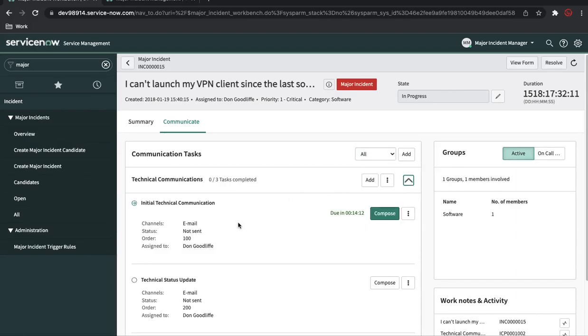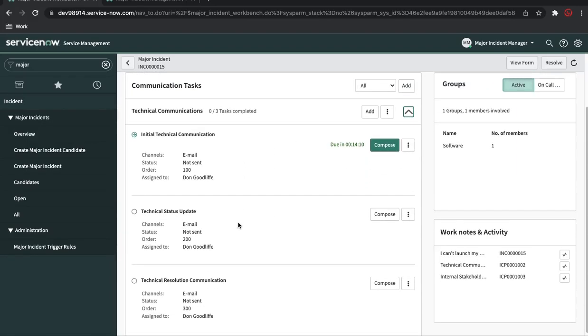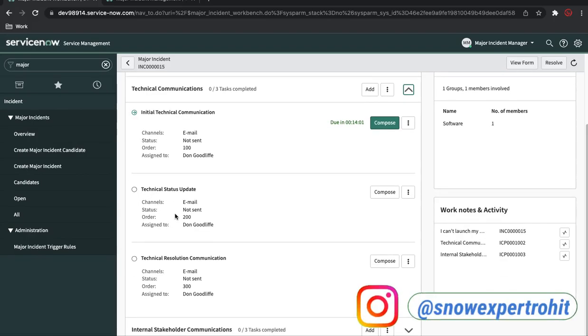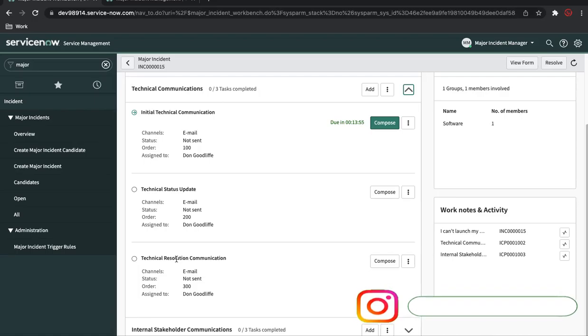If I open the technical communication, we have three communication tasks: the initial communication, the technical status update, and the technical resolution communication. So these are the communication channels that will be enabled. Remember, during the plugin installation, you have a notify plugin. If we enable that,